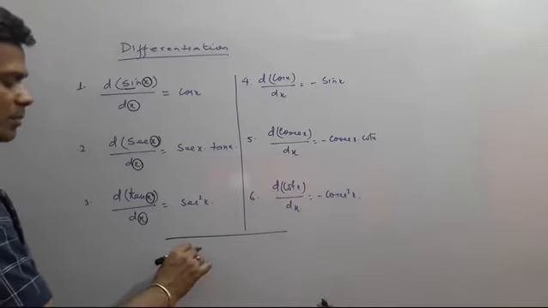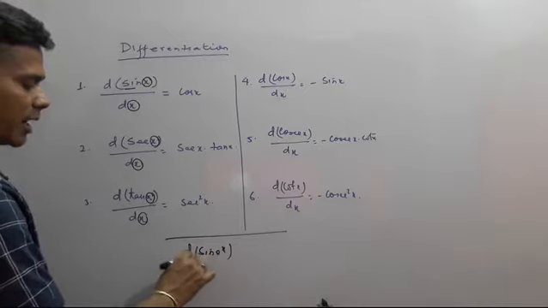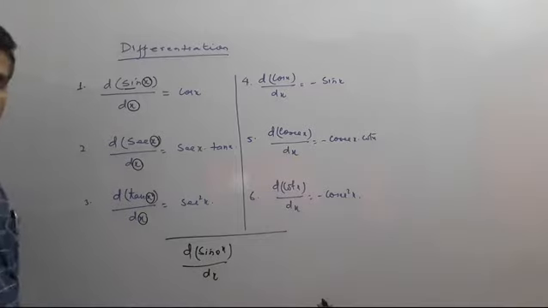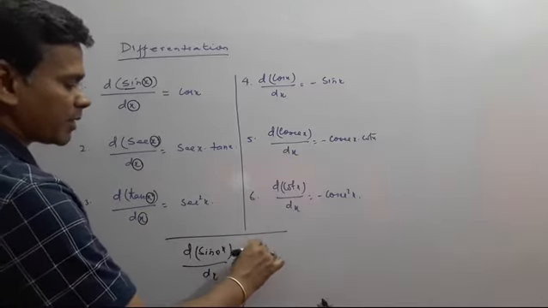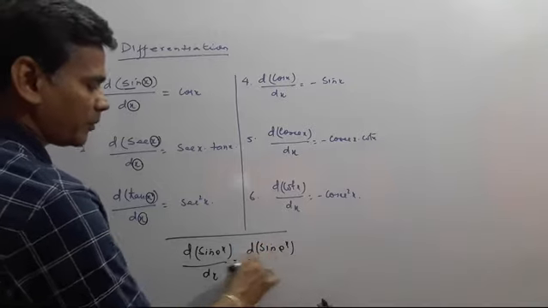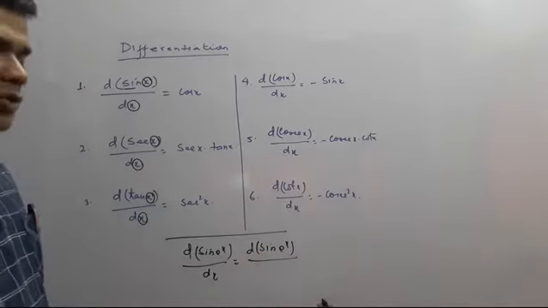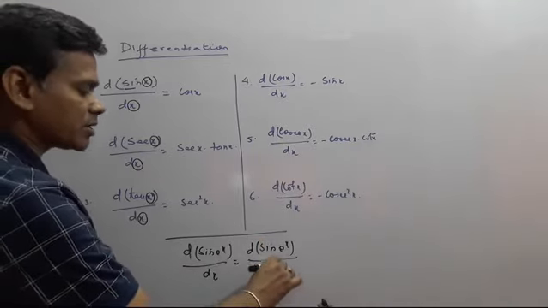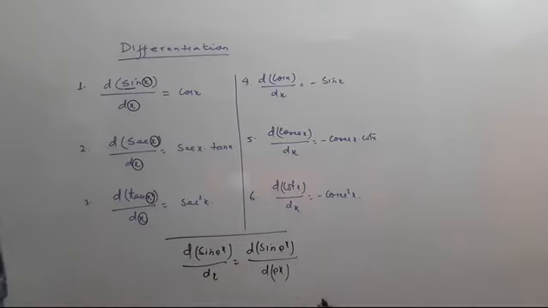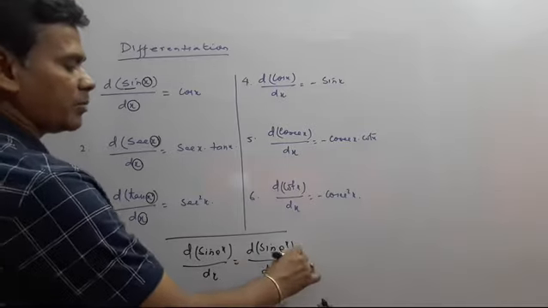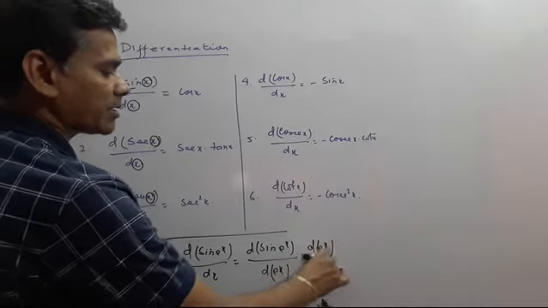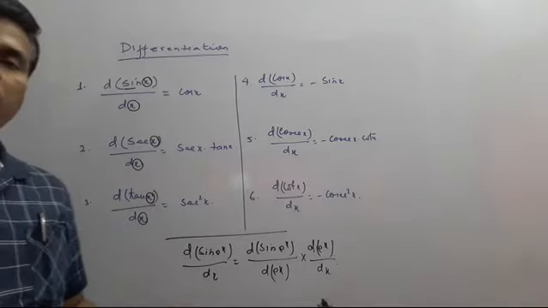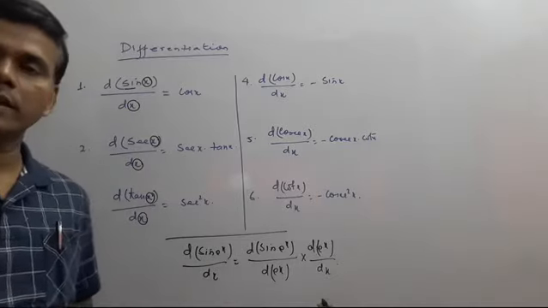it is given the differentiation of sine e to the power x, and my question is, how will you differentiate it with respect to x? Before going to differentiation, my question to you: sine depends upon what? Your answer will be e to the power x. So you will have to write the differentiation of sine e to the power x is cos e to the power x. Further, the differentiation of e to the power x depends upon x, so it is dx. After a short while, we shall look at this in detail.